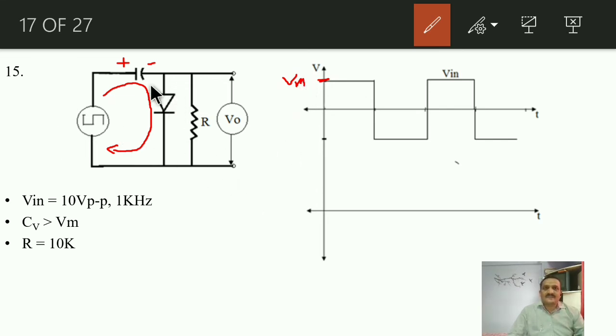Now during negative half, this diode will become reverse biased, will get open. Now what nature of output? Now the nature of output will be the stored energy plus the input. Means you will have almost the output twice of input, Vm plus negative Vm, is it? So the nature of output will be like this. So see, the negative amplitude over here will be twice of Vm, and that's why this is known as a negative clamper. The output gets clamped.